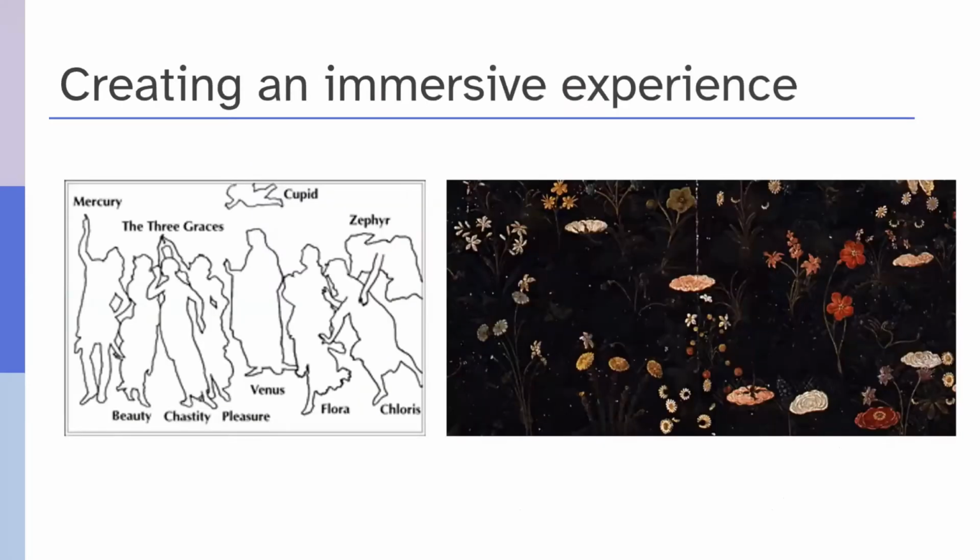But for Botticelli, creating that kind of immersive experience, on the left hand side here, there's an outline diagram of the Botticelli Primavera. And this is the segmentation approach. This is the actual approach that AI uses for identifying components in an image. So here you can see each of the figures is named, and you can go through and use that approach to create that description. So you're ending up with a very immersive experience, including all the details.